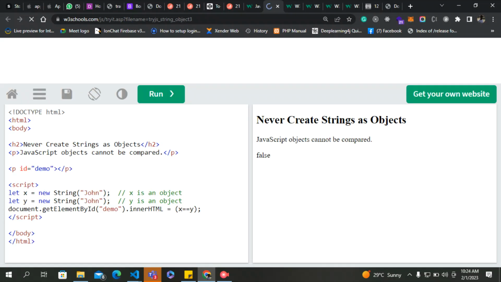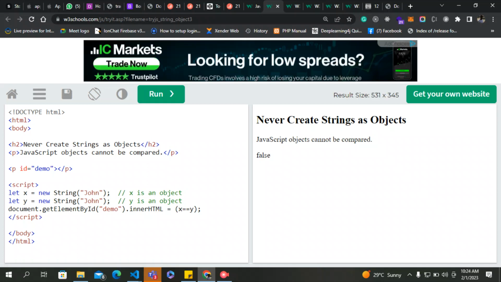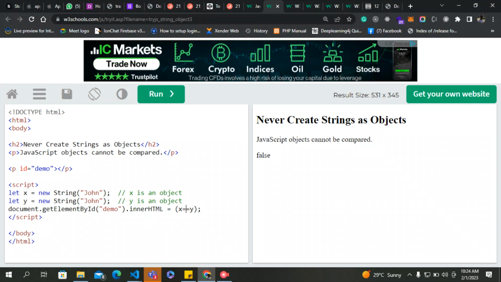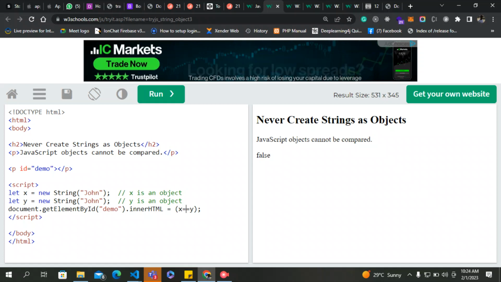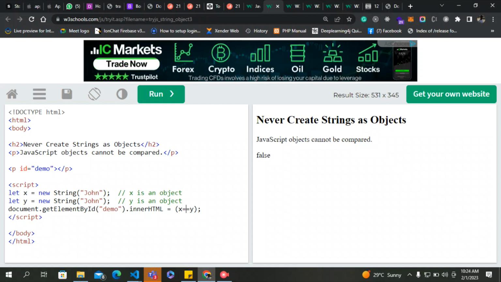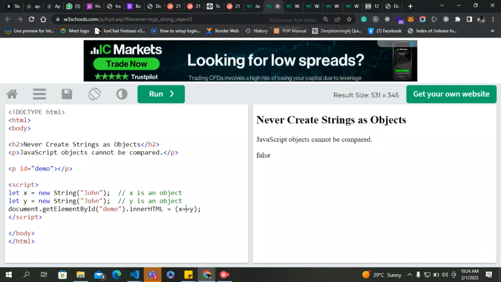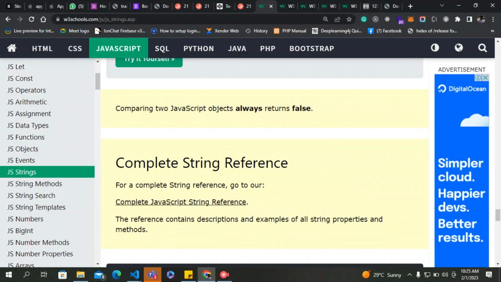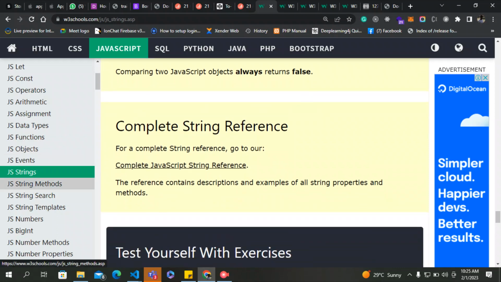Okay, let's see this. Imagine... and yet it throws false. So I think this is one of the reasons why it is not advisable to use it. So let's quickly round up on this so that we can,